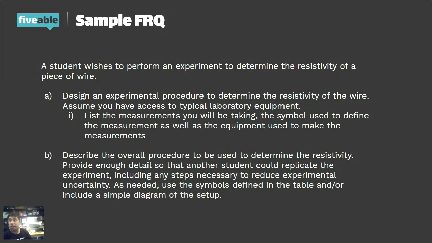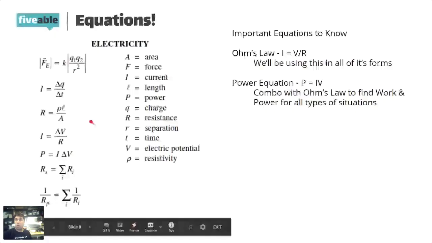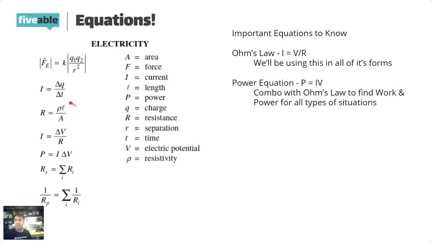We have to start off listing the measurements you will be taking, the symbols used to define them, as well as the equipment used to make the measurements. Let me back up a bit. Resistivity: looking at my resistance equation, there is only one equation on this side that has resistivity in it, rho. So I want to find this little rho. I need to know length, area, and resistance. Area, definitely. Length, yep, I can do that too. Resistance might be the tricky one